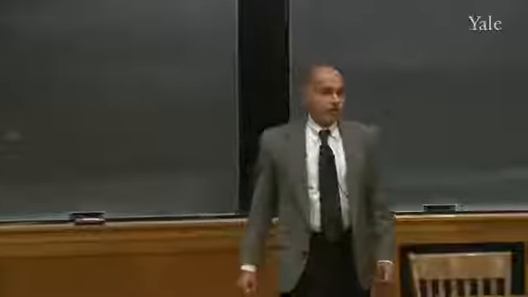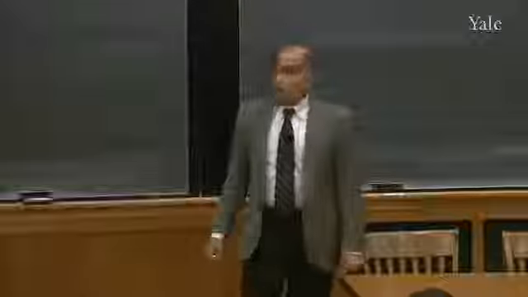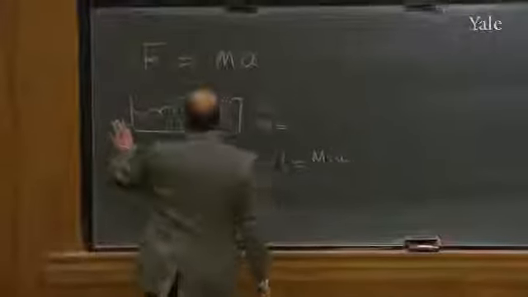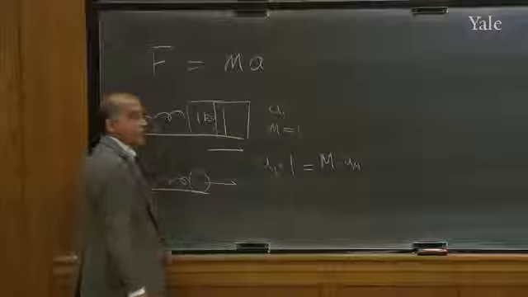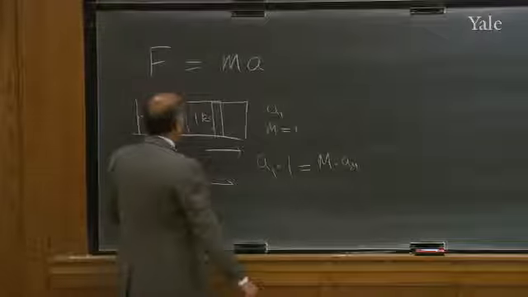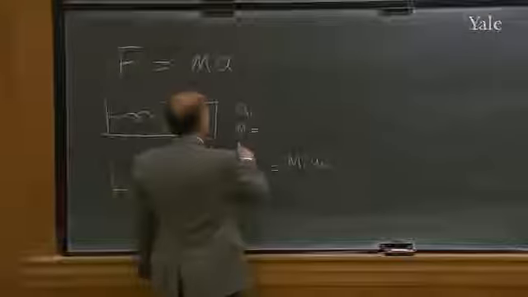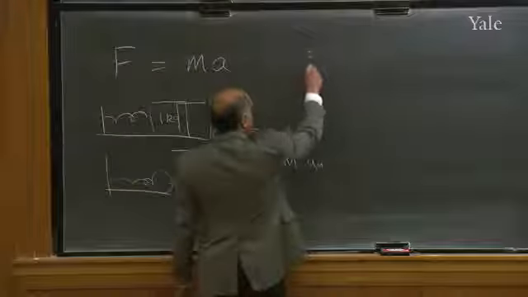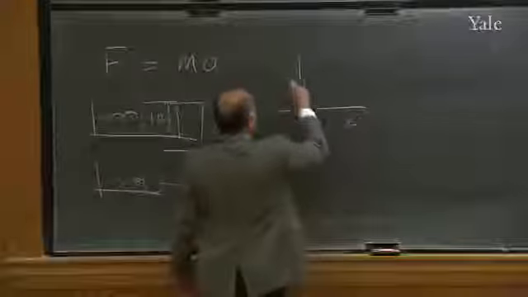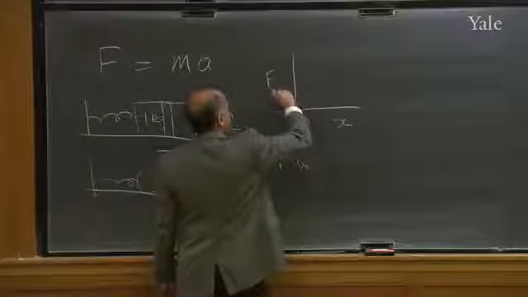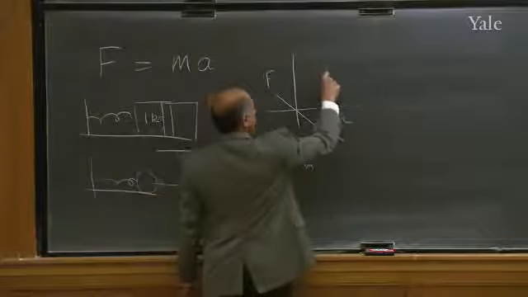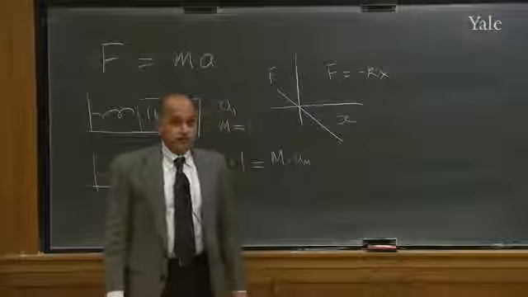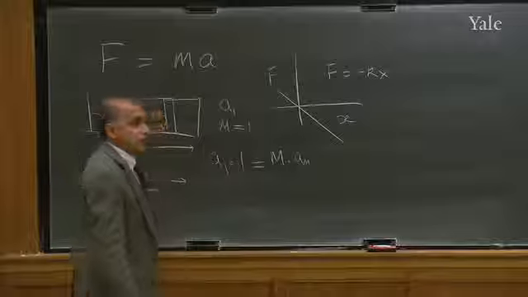Because if you don't know what force is acting on a body, you cannot predict anything. So you can go back to the spring and say, I want to know what force the spring exerts when it's pulled by various amounts. Well, you pull it by some amount x, you attach it to a known mass, and you find the acceleration, and that's the force. And if you plot it, you will find F as a function of x will be roughly a straight line, and it will take the form F equals minus kx. That k is called the force constant.